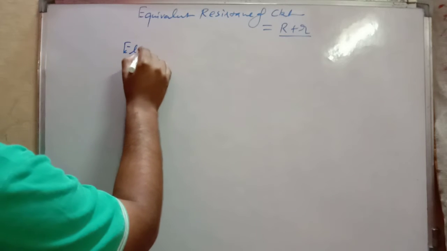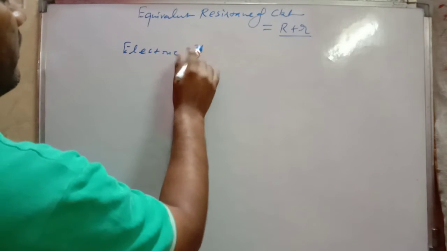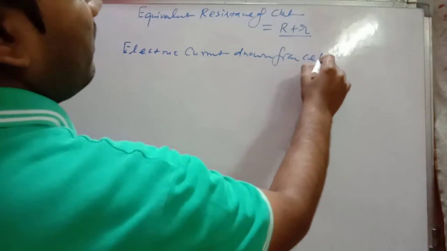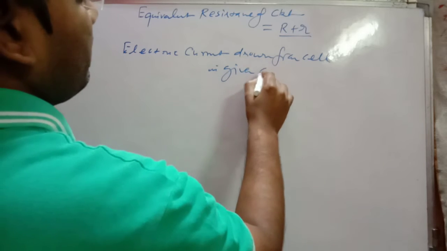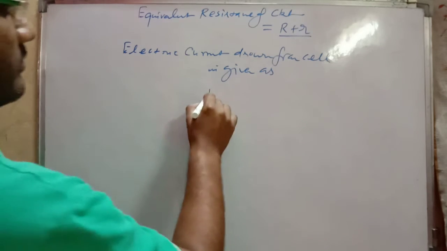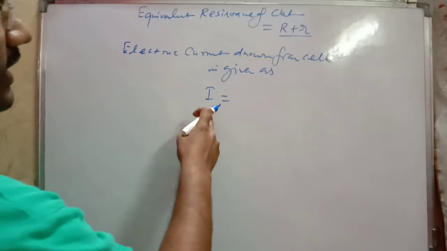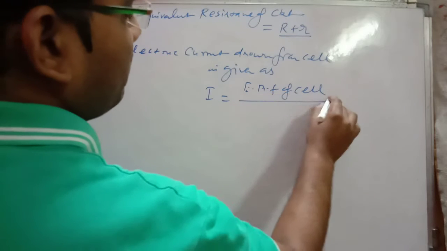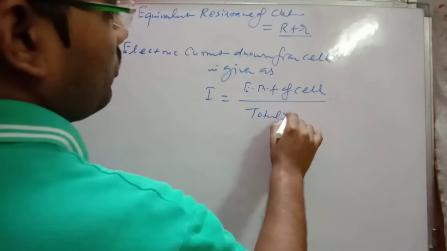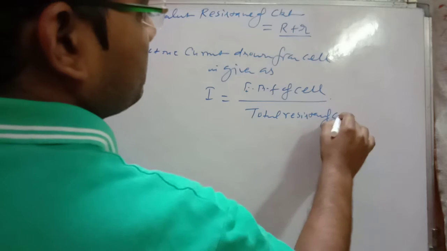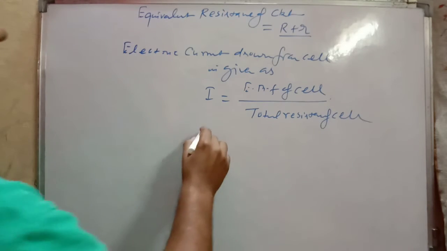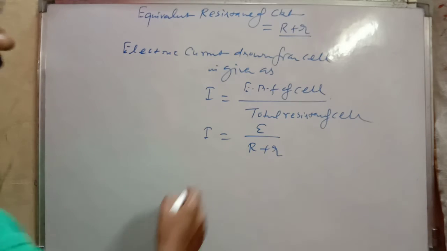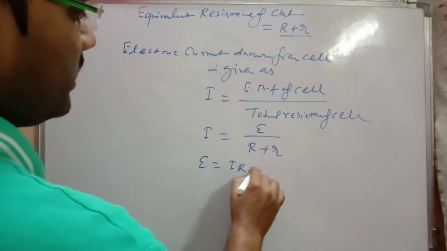And the electric current drawn from cell is given as I is equal to EMF of cell divided by total resistance of cell. So now here I is equal to E by R plus r. So now here E is equal to IR plus Ir,